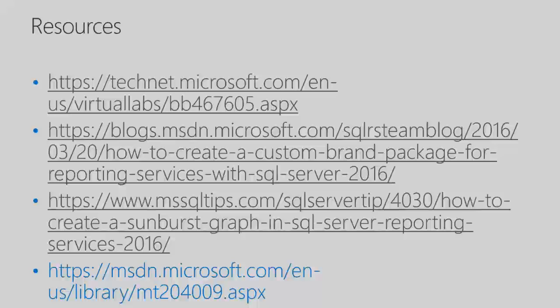SSRS is not that different going forward. It seems like the new parameters and the new chart types would be the only big difference in the report definition. So I'll put that as a question to do some research on and get it back,